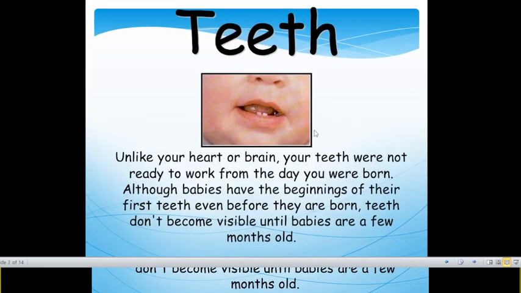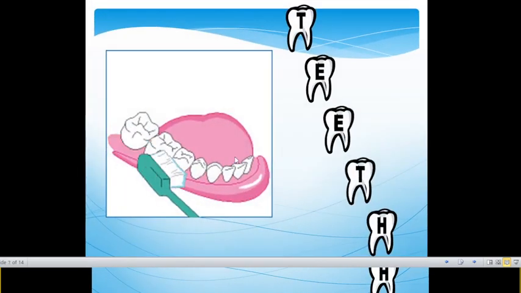First let us see about the teeth. You can see one kid here and the teeth are erupting. You know what teeth are. You have already heard in your everyday life about the importance of your teeth, that your parents tell you to brush your teeth twice a day. Why do they tell you to brush your teeth twice a day?